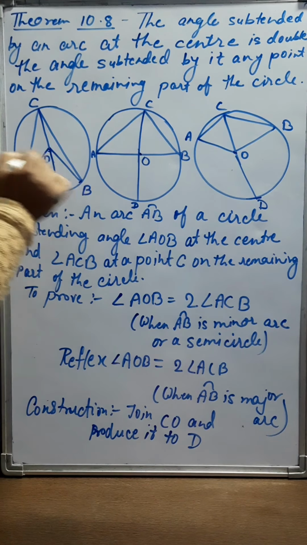Now look at this triangle ACO. AO is equal to CO. Why? Because both are radius. And if AO is equal to CO, AOC becomes an isosceles triangle. And if it is an isosceles triangle, angle 3 will be equal to angle 5. So in the equation where we have written angle 1 is equal to 3 plus 5, this angle 5 can be replaced by angle 3. So it will be 3 plus 3. So angle 1 can be written as twice of angle 3. This is the first equation.